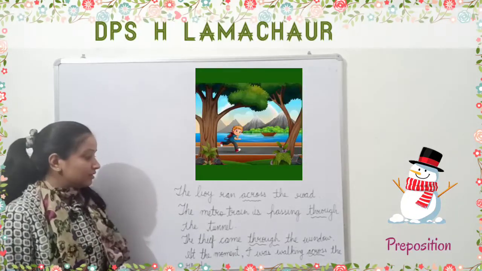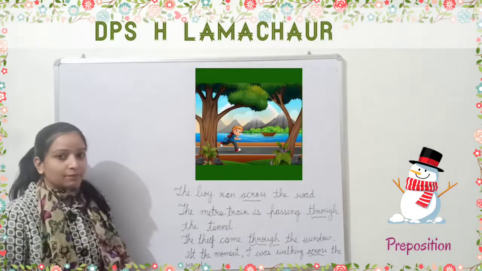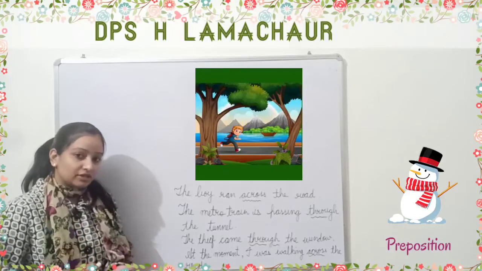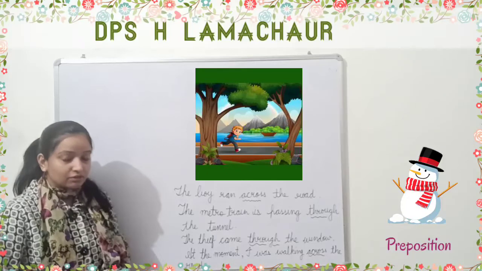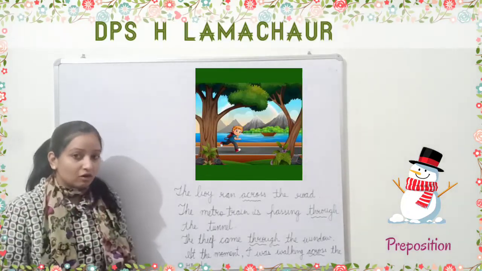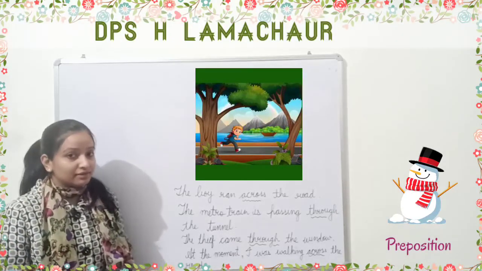As you can see here, the first sentence is, the boy ran across the road. So when something is stretching from one side to the other side, and the thing is not enclosed by the other thing,